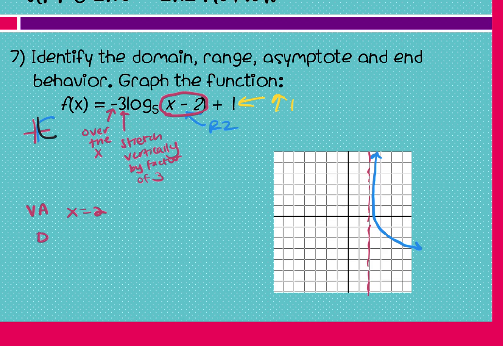This makes my domain go from 2 to positive infinity. My range for every log is all real numbers. The asymptote we already had. And then we want to do end behavior. So I need the limit